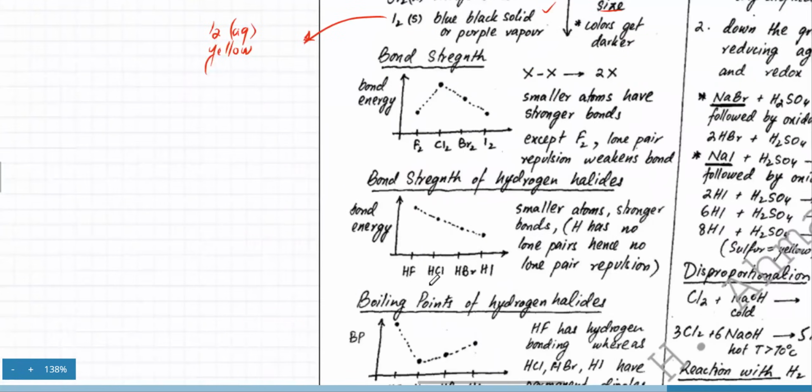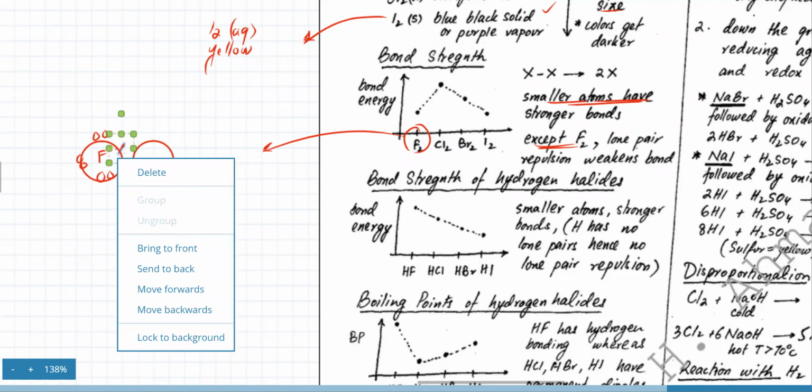The next part is the bond strength. Usually smaller atoms make stronger bonds, but fluorine is an exception. And why is fluorine an exception? It's because of the lone pairs. If I draw the molecule of fluorine, the problem is that it's so small and it has so many lone pairs. Now fluorine likes to really attract electrons. So here's a fluorine molecule,